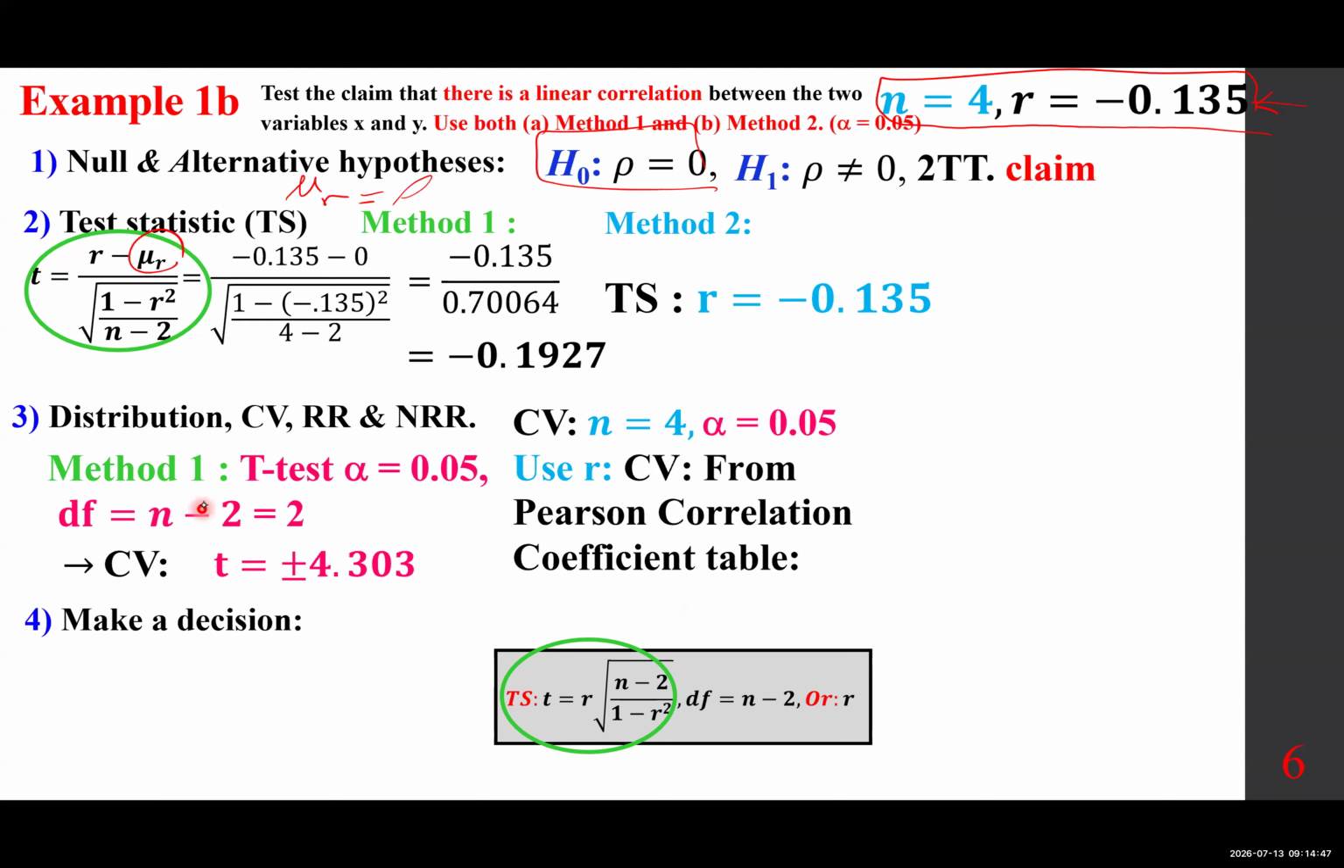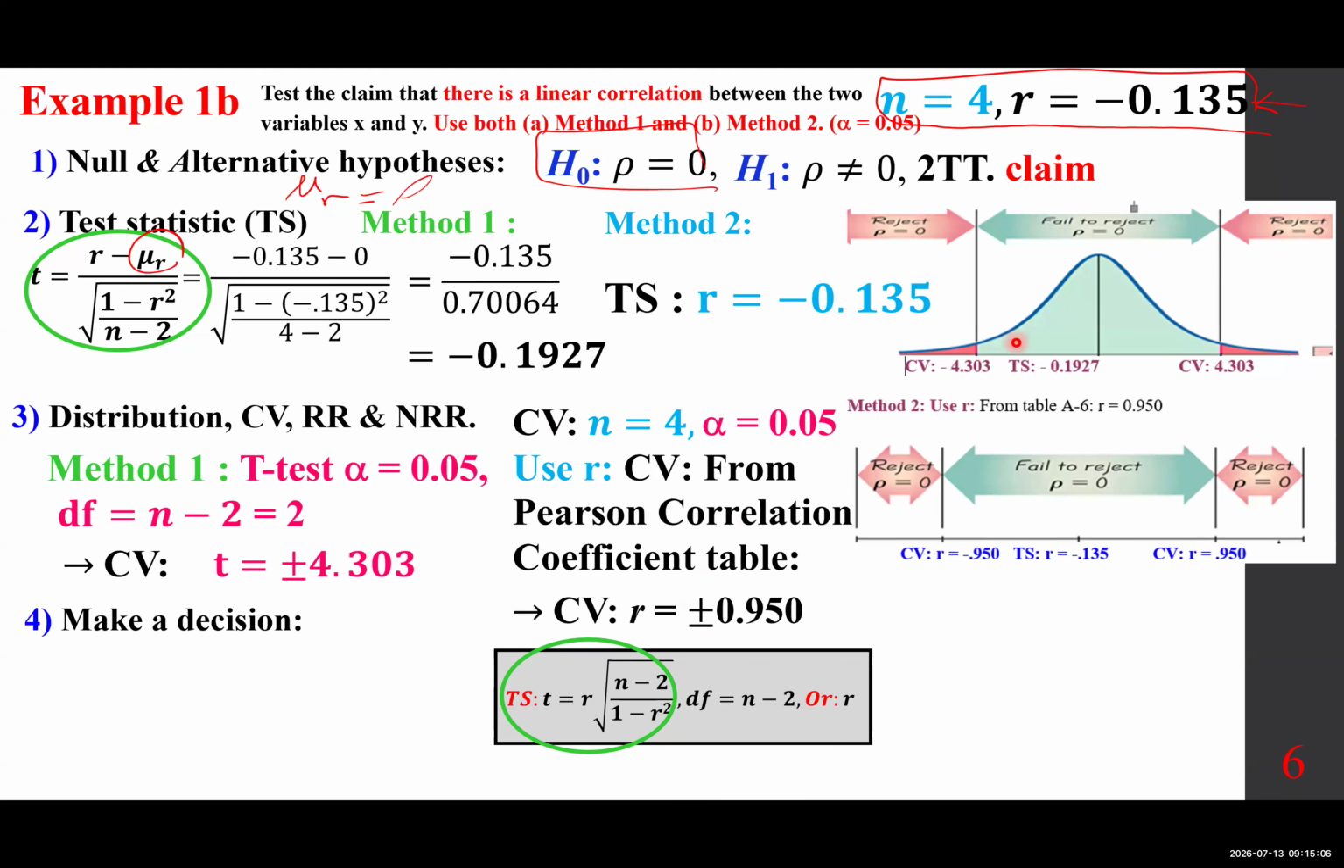So T has a table, Z has a table, chi-square has a table, and Pearson correlation coefficient also has a table. So from the table, we get plus minus 0.950. Why plus minus? Again, it's a two-tailed test. So if we do the drawing with the t-test, okay, notice critical value is negative and positive 4.303. The test statistic negative 1.927 is way into the non-rejection region,